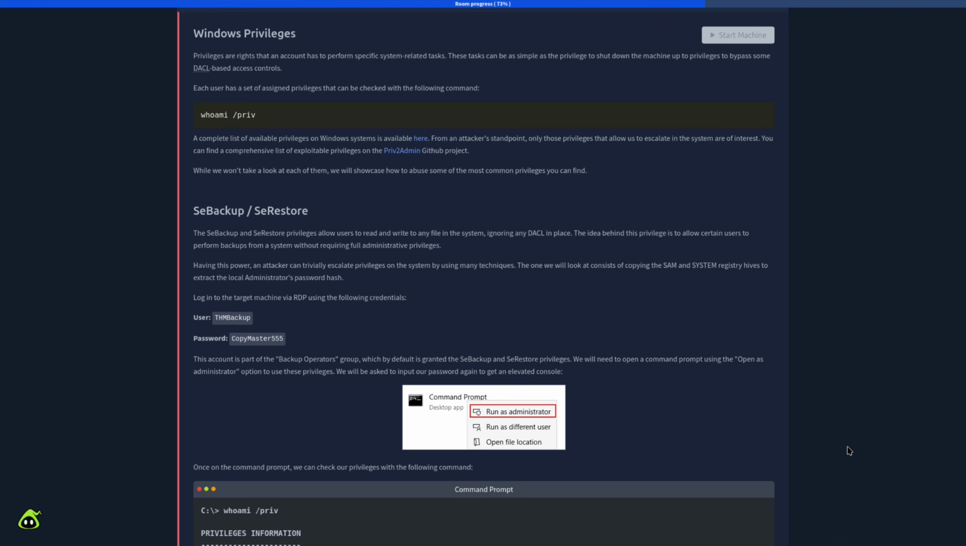The SeBackup and SeRestore privileges allow users to read and write to any file in the system, ignoring any DACL in place. The idea behind this privilege is to allow certain users to perform backups from a system without requiring full administrative privileges. Having this power, an attacker can trivially escalate privileges on the system by using many techniques. The one we will look at consists of copying the SAM and system registry hives to extract the local administrator's